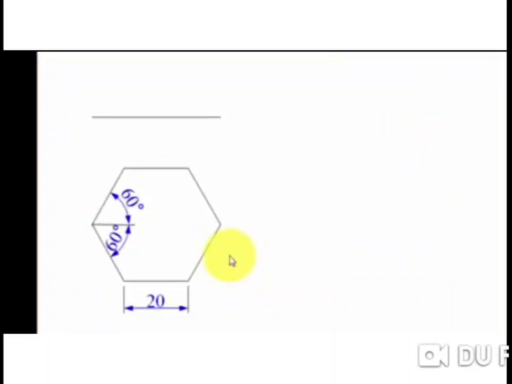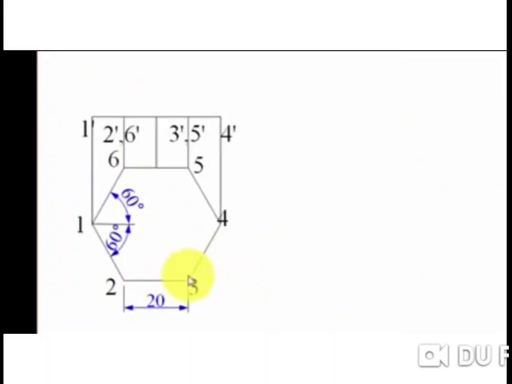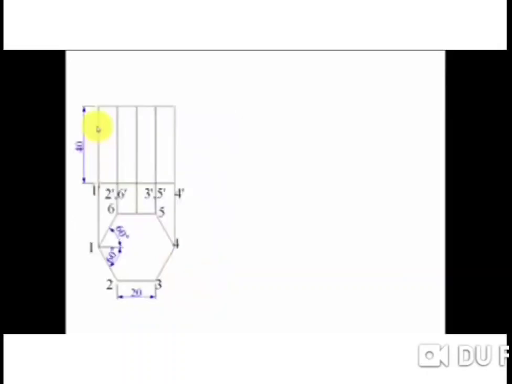Now first draw the top view. This is the base edge parallel to VP. Project on the XY line. Draw the front view. Height is equal to 40 mm. First we have drawn the hexagon. Draw a circle. On the x-axis keep the pointer here. Same distance we have to keep in the compass. Mark on either side of the circle. Keep the pointer on one. Mark on either side. And join these lines. We will obtain the hexagon.